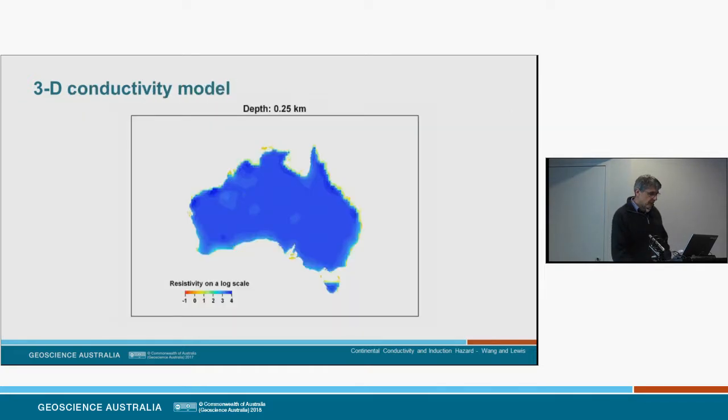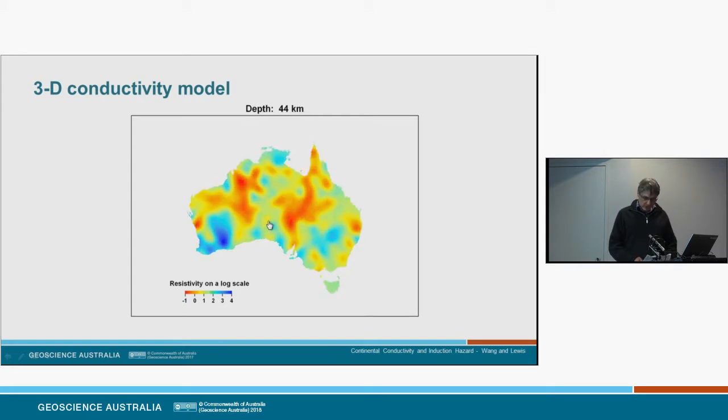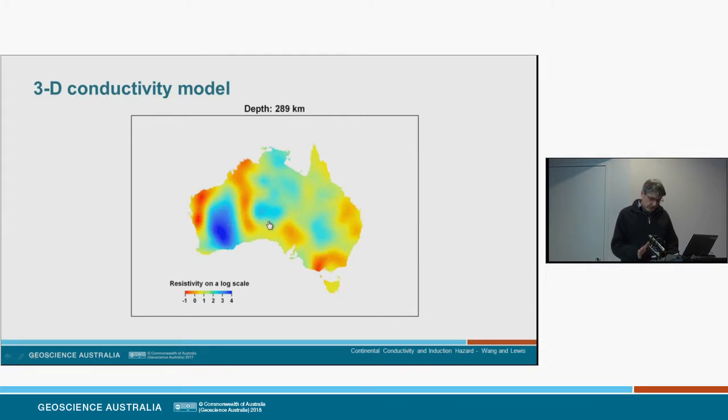So this is a summary of the model. It's an animation going through the 21 layers of the model from shallow to deep, where the red colours are areas of high conductivity and the blue are low conductivity or high resistivity areas. Now you would have noticed the first few layers were not much detail, and they just basically reflect the ocean continent a priori model. There was conductivity resolved in the middle layers, and as you get to the very deeper layers, the resolution just decreases again.